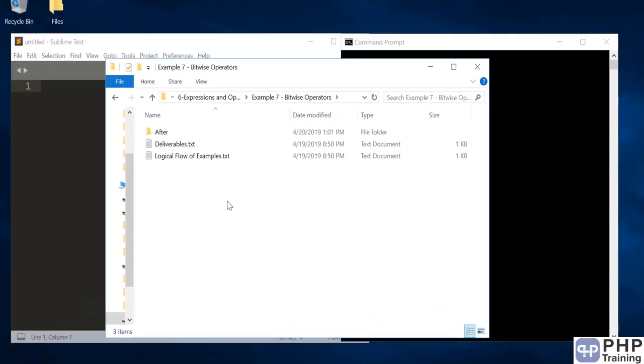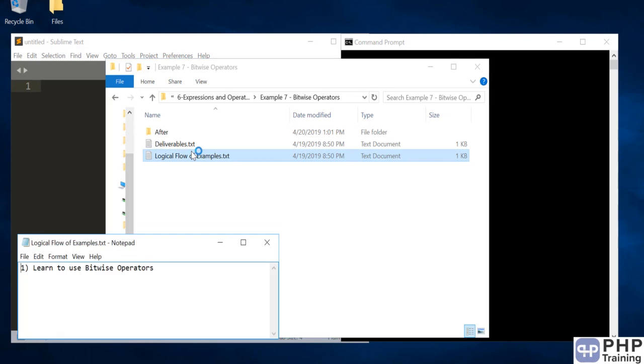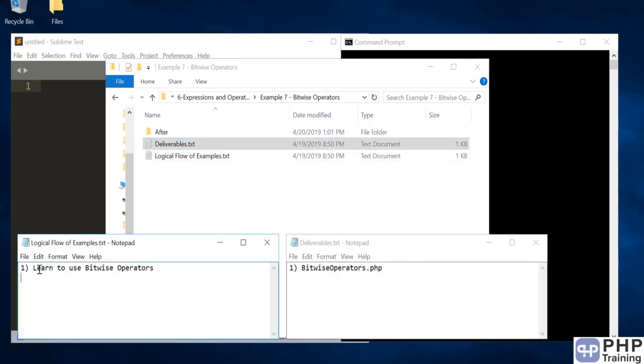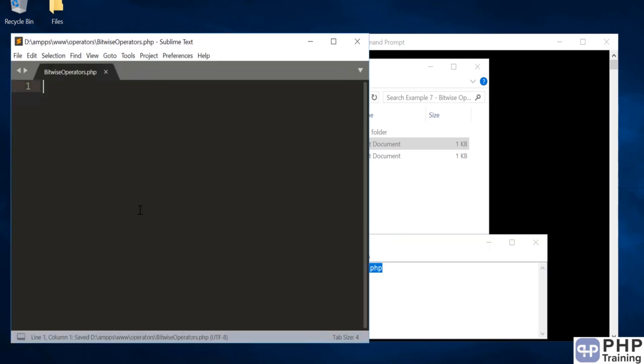Welcome to the lecture on Bitwise Operators. Let's look at the deliverables that we'll be creating as part of this. We'll learn to use the Bitwise operator and then we'll create this file. So before that, we'll discuss something about Bitwise operators, then we'll jump into it because it requires some knowledge on